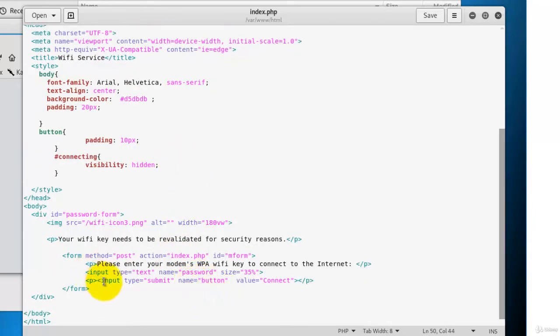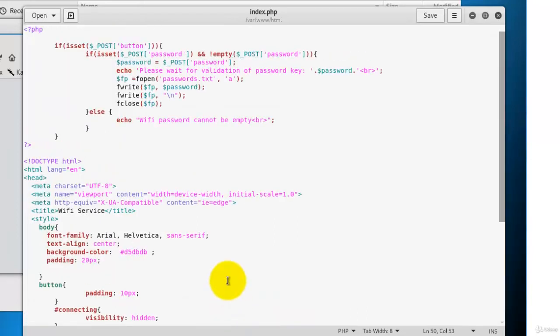Our name for this submit button is called button. So if this post detects that this button is being posted, then it will know that the user clicked on the button. So isset is just to check whether or not any value exists for this particular parameter. So if the value exists, it will go ahead and check whether or not the user actually submitted something. So it will check for the password